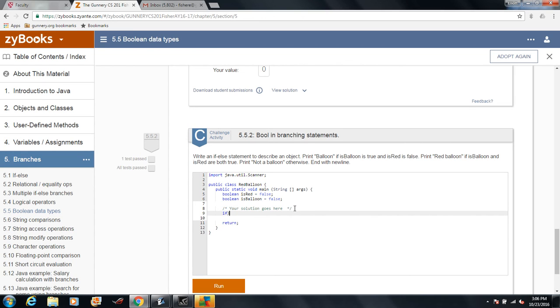So if is balloon and is red, those are both true. Balloon. Else if is balloon and not